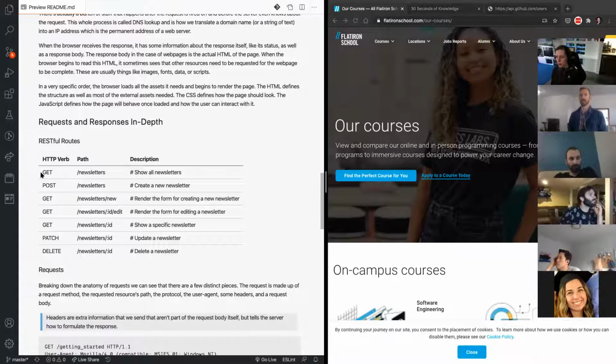So this first one right here is usually an index of things, and we get an index of many things. Then we have our post to /newsletters. This is a route that will make it possible for us to create a new newsletter.